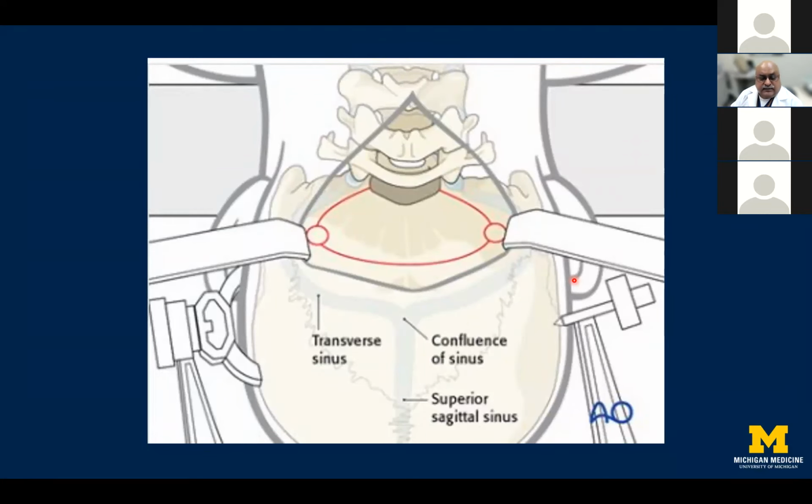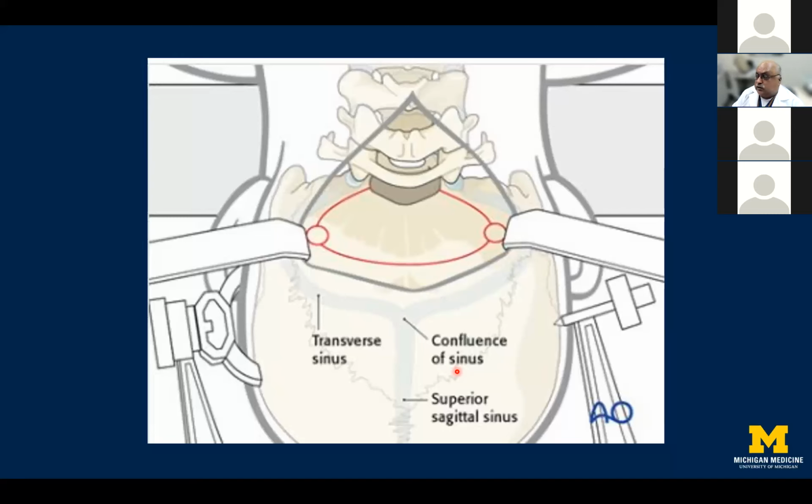the next assessment. The approach to the posterior fossa is through a standard suboccipital route, and important structures such as the transverse sinus and the torcular herophili are important. That's the reason why oftentimes the neurosurgeons or the head and neck surgeons will ask you to do an assessment of the dural venous sinuses, just to look at their position so that they don't injure these structures. Also we need to check on certain infiltrating pathologies which can involve these major venous channels